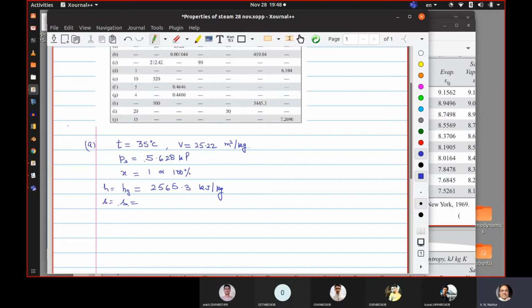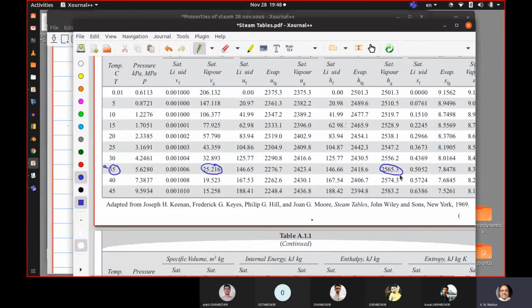S is also equal to Sg, and all these values are from saturated steam table A1.1. S is,